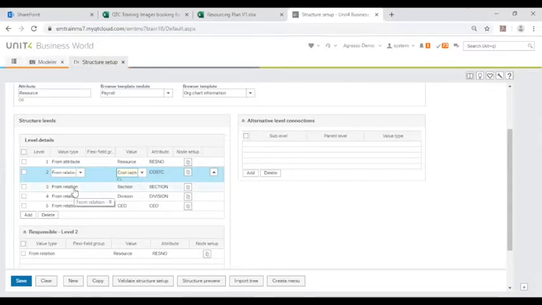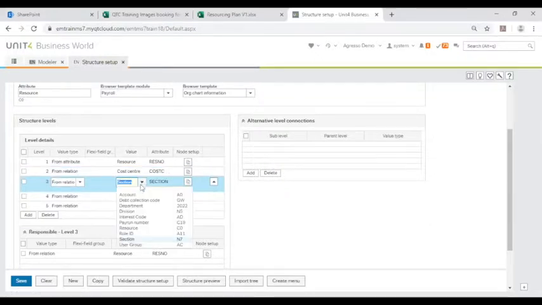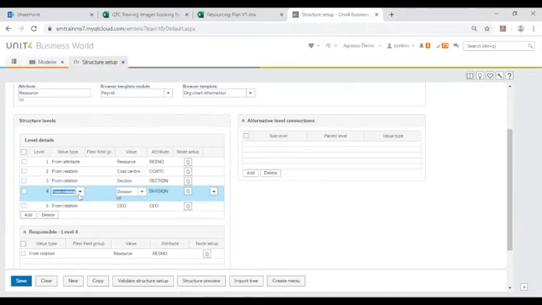On the third one, you can see once again, it's from relation, and this is the relations to cost center. And here you'll be able to see that all these are related to cost center. We are using section. The fourth level is with relation again, and these are the relations to section, and we're looking at, well, there's only two relations to section, division and resource. We are of course using division. And the final one is a relation to division, and that is